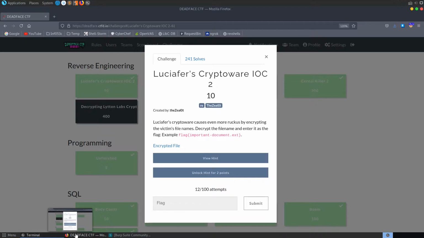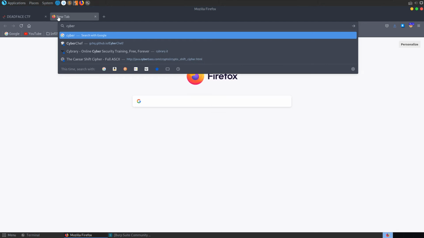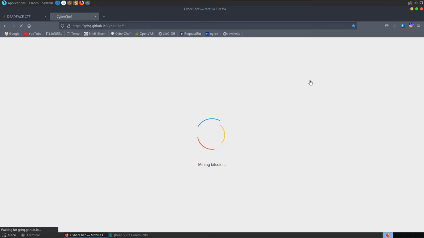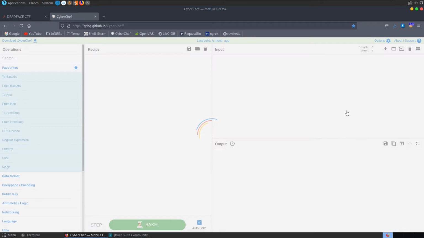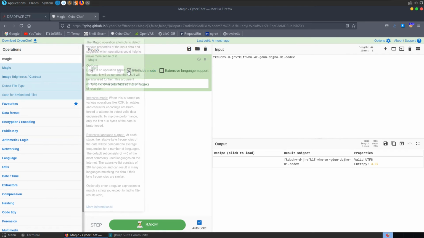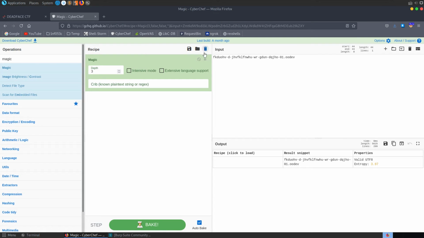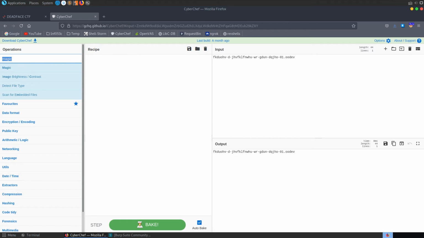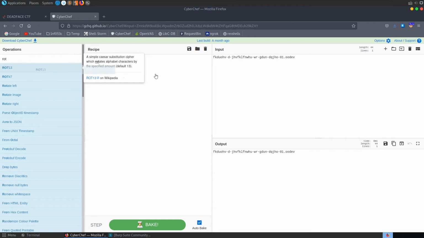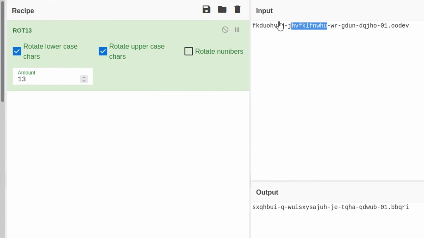We could go and throw this into CyberChef, which we haven't used yet. Paste this in here. You could just try and throw magic at it first of all, see if it can actually pull out any recognizable strings. It doesn't. What we might want to do is try and rotate this, because all of these characters are within a correct alphabetical range. So if we go through and start rotating them to see if any of these results make any sense,